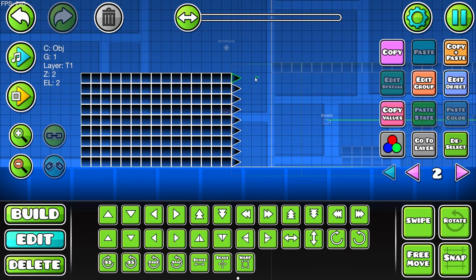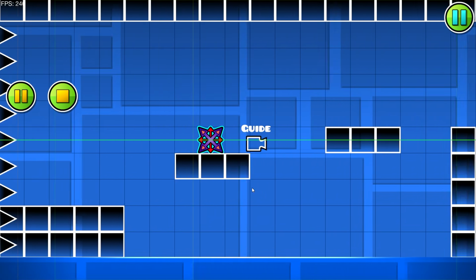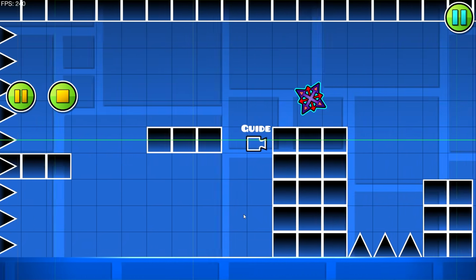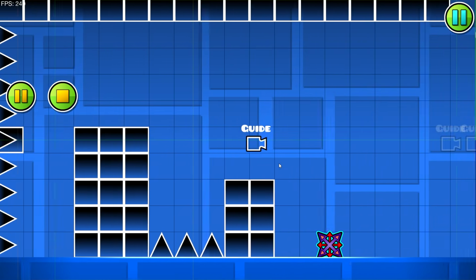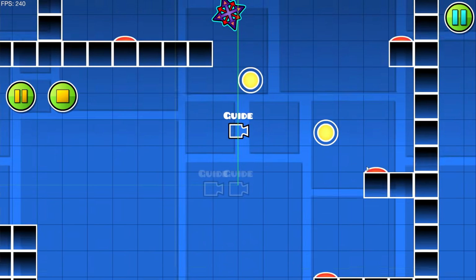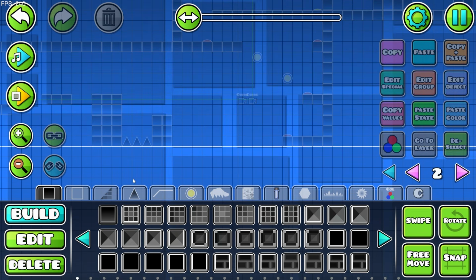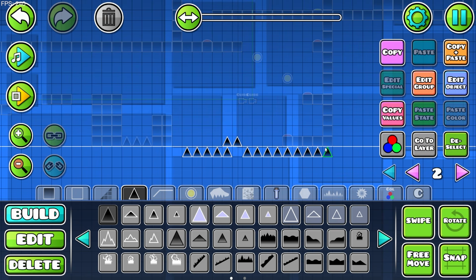Obviously, you can decide if you want to have it way back or not. I think this is fair to let you know that you better hurry up, otherwise you're going to be crushed to death. But now the problem is that the spike wall basically goes up too, which is not what we want. So what you could do is just hide the ground, and then we're just gonna add, actually I'm